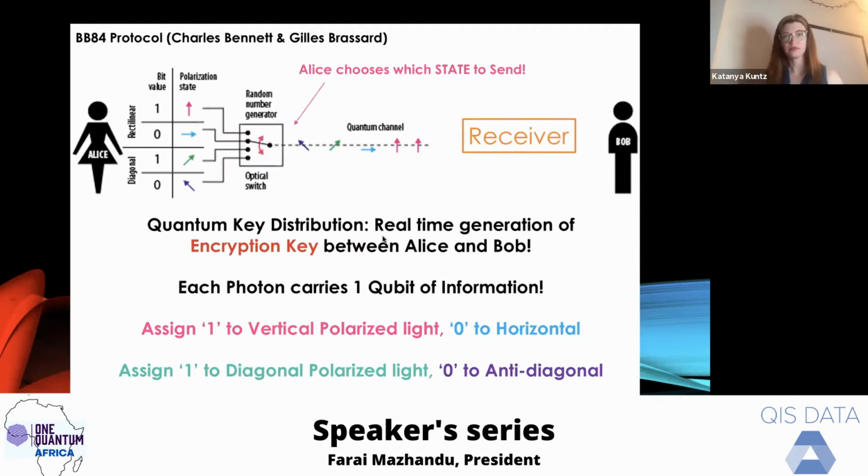Okay. So the first step in this protocol, once we've done that labeling, is we need a random number generator, preferably a quantum random number generator, because Alice has to choose which state to send to the receiver.